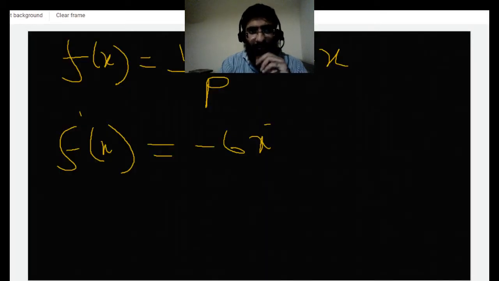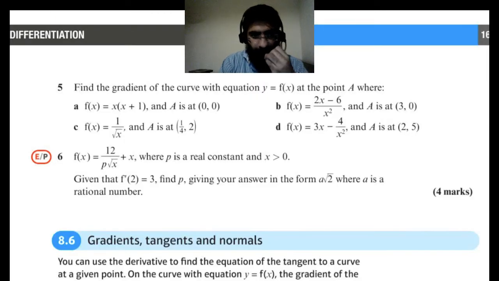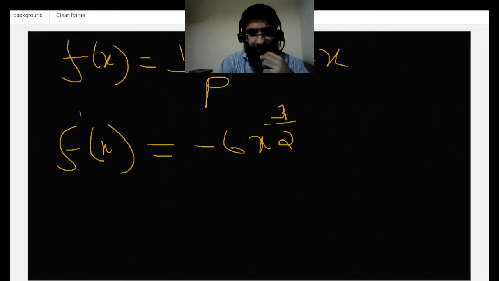Wait. Why is it 12x minus 1? Half, I mean. Why is it 12x raised to minus half? Okay. That's what I meant to write. I just didn't write it. Okay, 3 by 2. And so then plus x divided by p, and so then